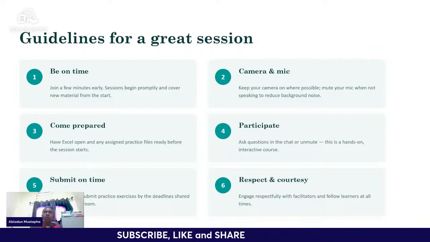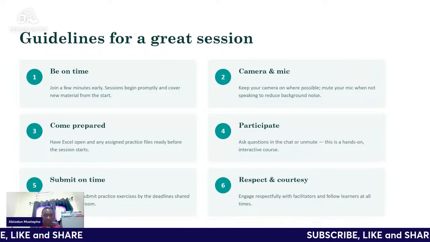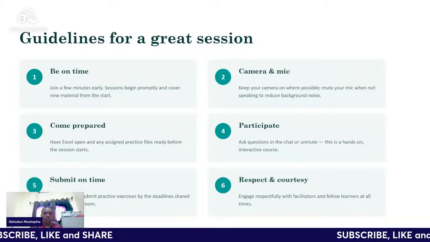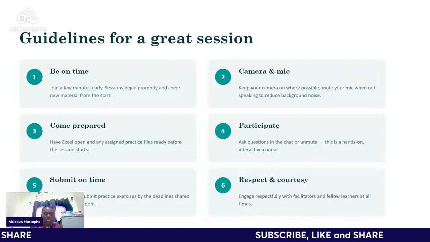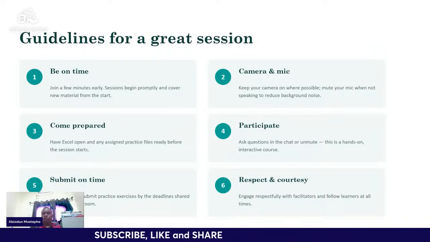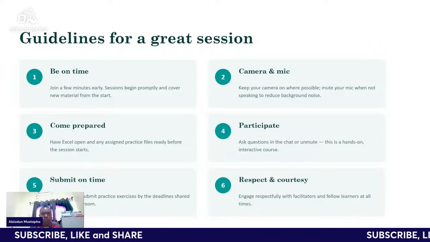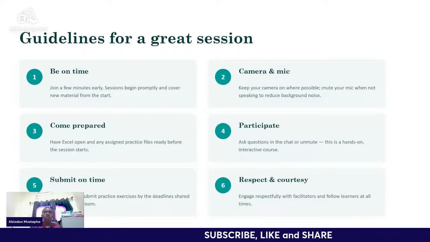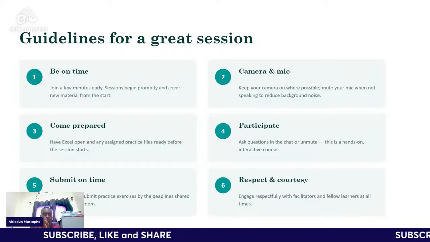Of course, you're going to see on the lecture timetable when the course will be holding, which means you have to be there, you have to be seated, you have to concentrate, you have to get your notes, you have to be able to practice, go back after them, watch them again, and get prepared. So you have to be in class on time. You should plan to join a few minutes before class so that you can be prepared, you can check your connections, and then immediately your facilitator comes on live, you will be set to join the session.